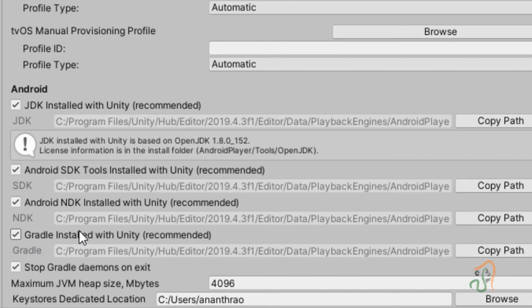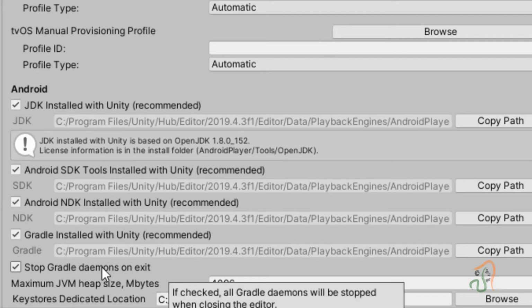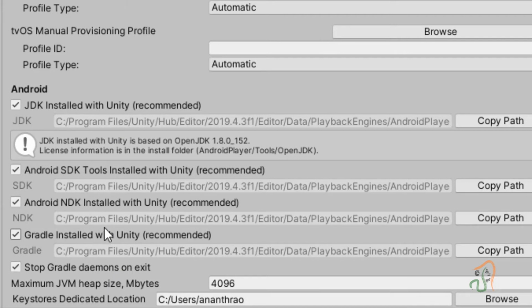We usually used these in Android Studio, but this is also integrated into Unity. So because all these things are integrated, you can build the APK without any external packages.